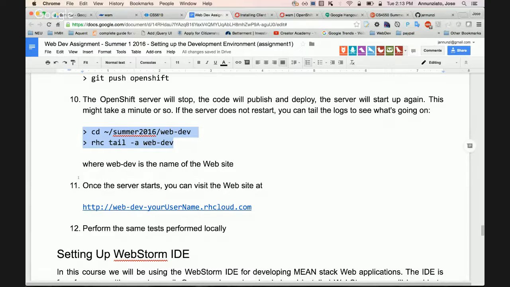Although I don't know that you would want to deploy to the OpenShift server as frequently as you would to the GitHub repository. Typically, you want to do very frequent commits. You code, you make a feature work, you commit. You work another feature, you commit.